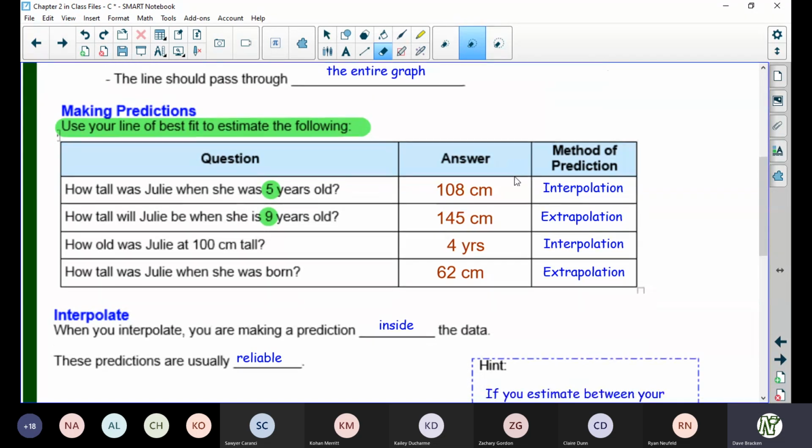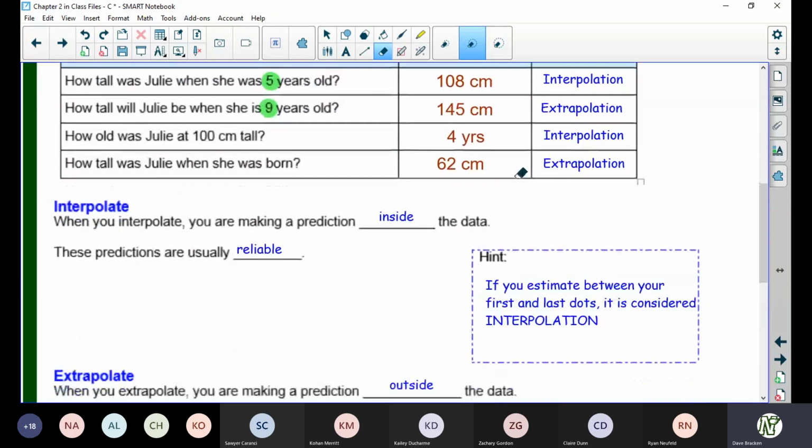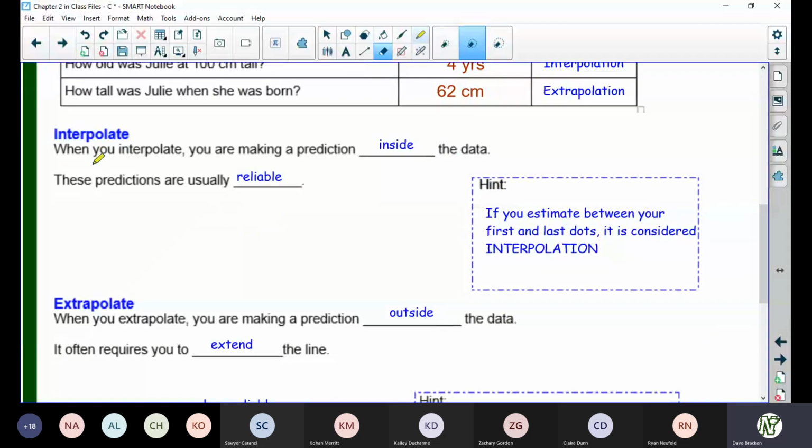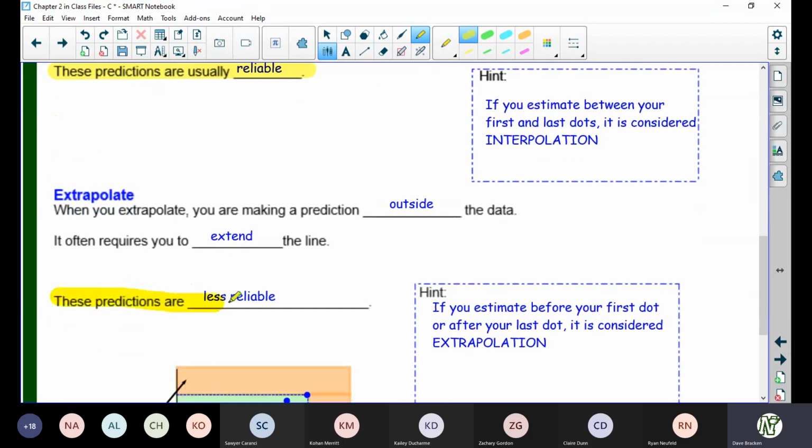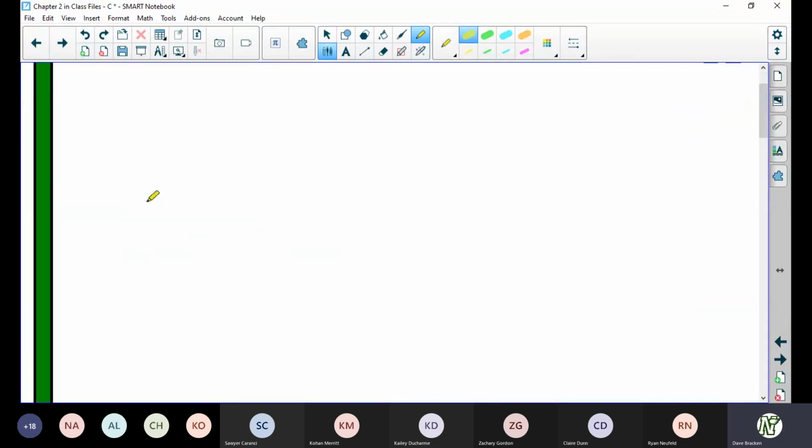So let me just explain here why it is that these interpolations are so reliable, but the extrapolations are less reliable. Let me just explain. I'm going to go to a new page, okay? So here's my new page, and I'm going to make a little scatter plot down here real quickly. Right here,